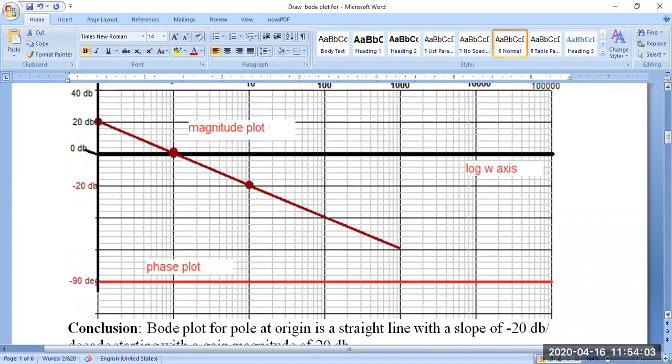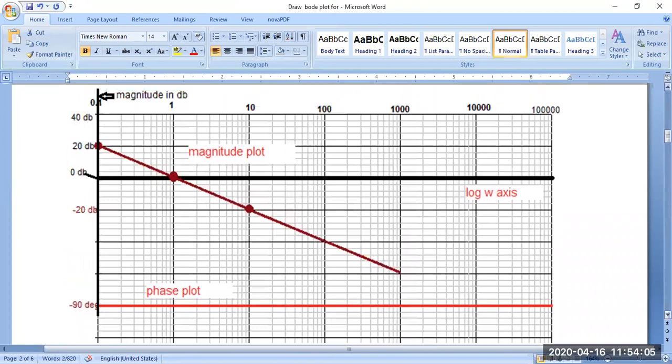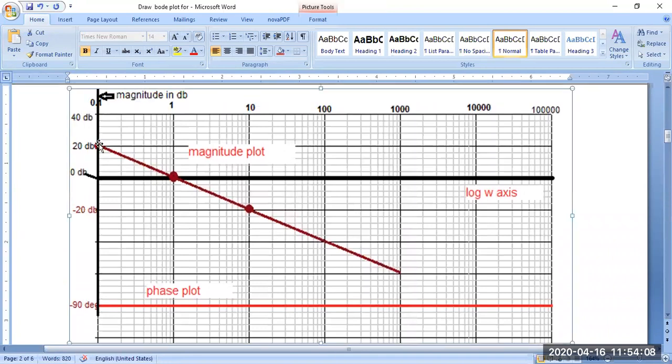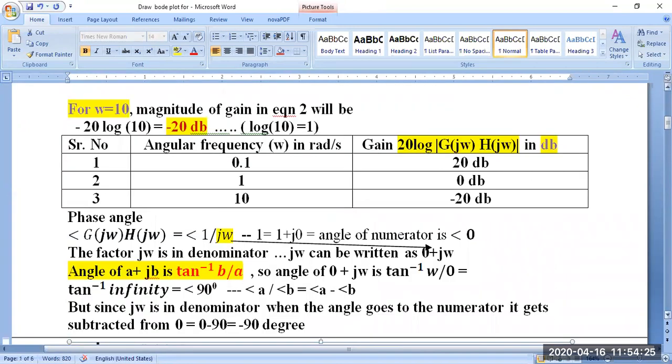And as you can see here, at omega equal to 0.1, there is a 20 dB dot here, and omega equal to 1, there is a 0 dB dot here. So this is the 0 dB line. You have to show a dot here for omega equal to 1. You have to come vertically down, show a dot. 0.1, come vertically down, show a dot on 20 dB and connect them. This will be the first line.